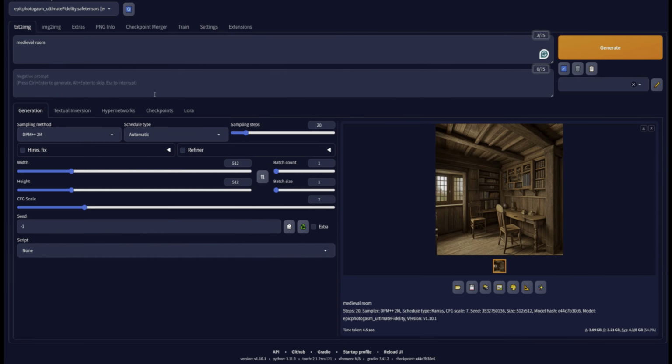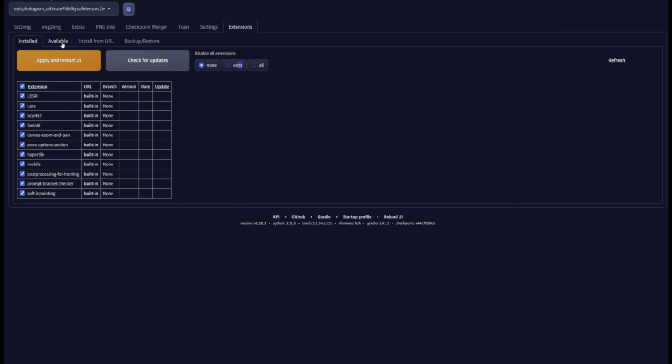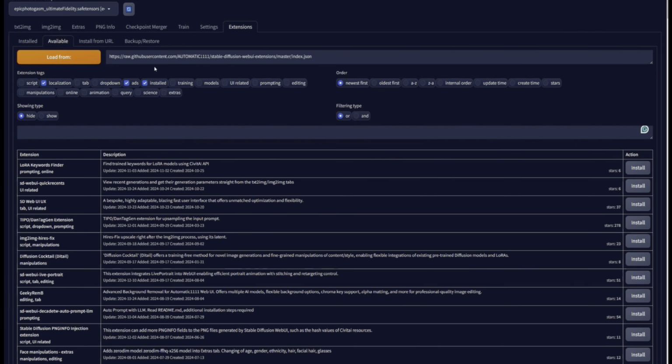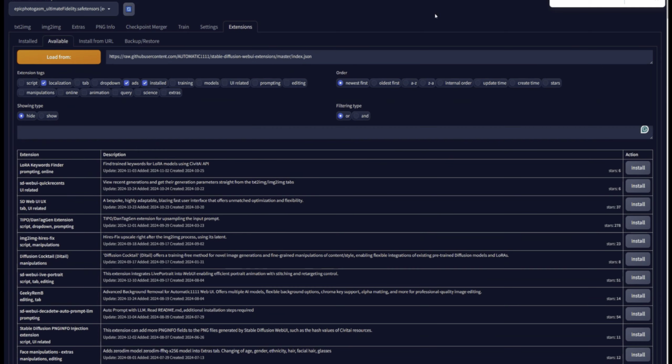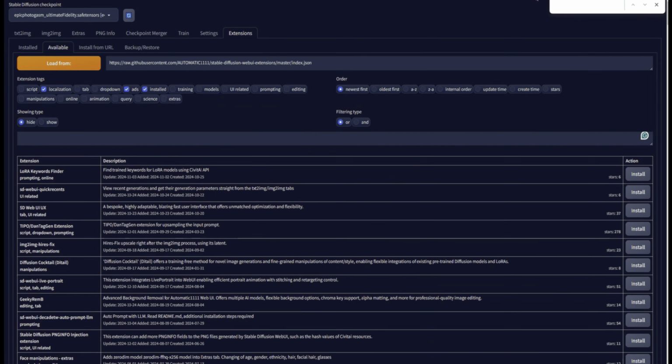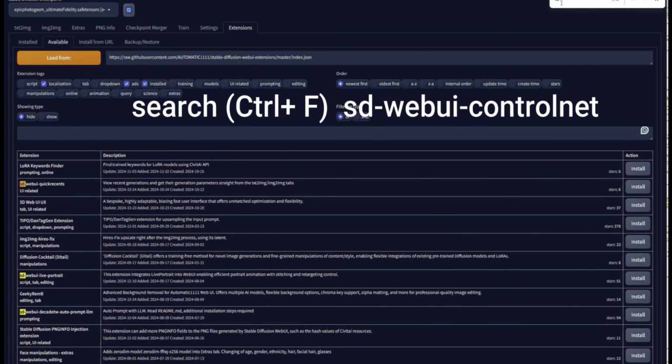This image, we can't really control it. We can change the prompt, but it'll morph again into something else. To control the output, we need to install ControlNet. Let's go extensions, click on available. Then I clicked on load from and I got a list of extensions that are available to be downloaded and installed. Press Ctrl F, go search for sd-web